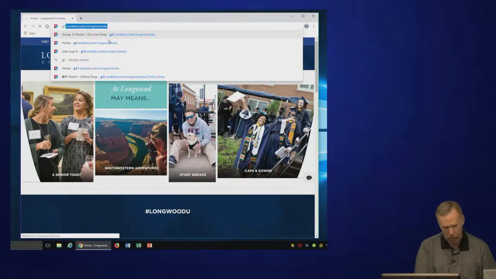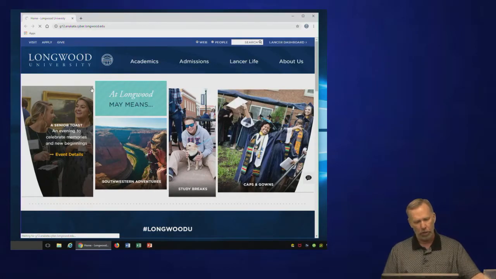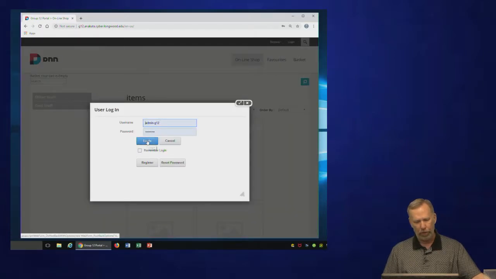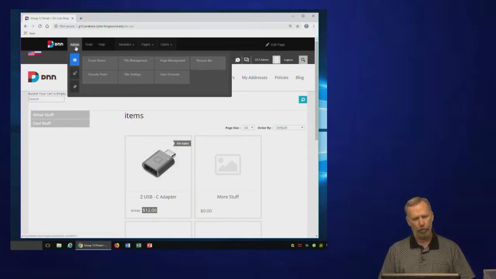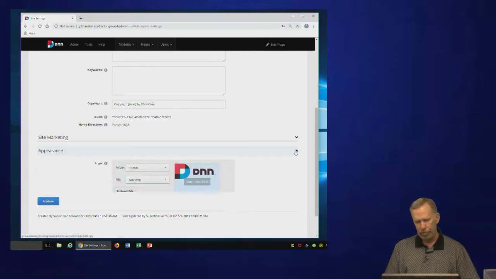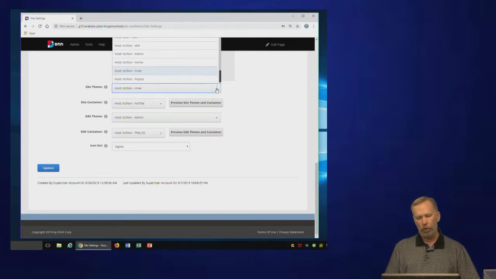Actually, before I get into the three main topics for today, there's one other thing I want to mention. I've had some folks wreck their site essentially by selecting the back office theme. If you do like I'm about to do, don't do this. So don't go under admin and go to site settings, and under appearance you can set a site theme, and you can see mine set to a host theme called Zillion Inner. People have been testing different themes, and that's fine. You can test different things and try to do stuff with them. But what you don't want to do